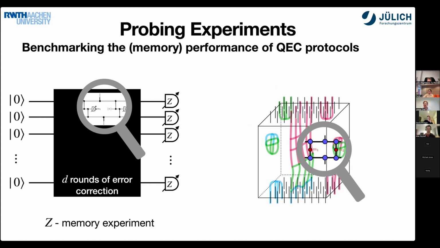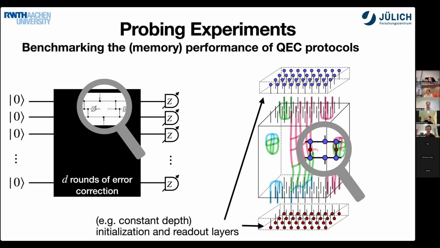They don't need to be an X logical operator all the time. They can also change their color through time. Now, to benchmark this bulk protocol, similar to the circuit where we initialize and read out, we can add an initialization and a readout layer and use this concatenation that Julio has shown you to get a new network